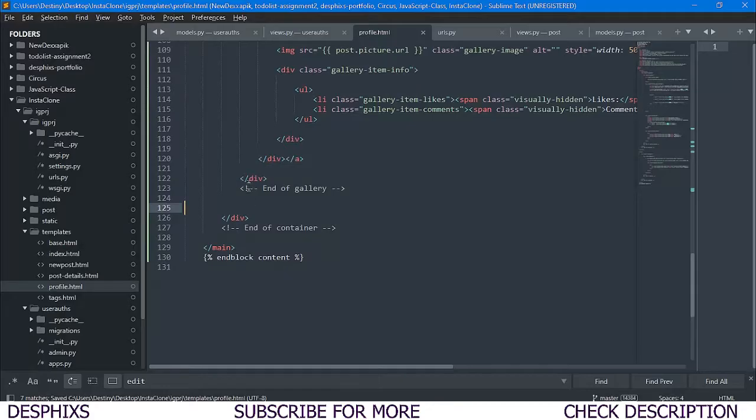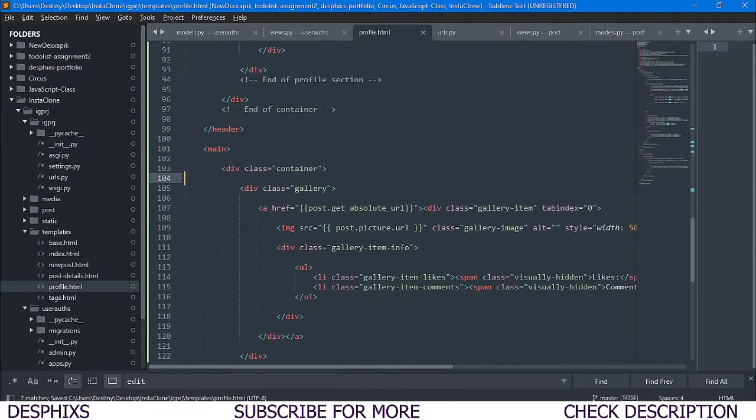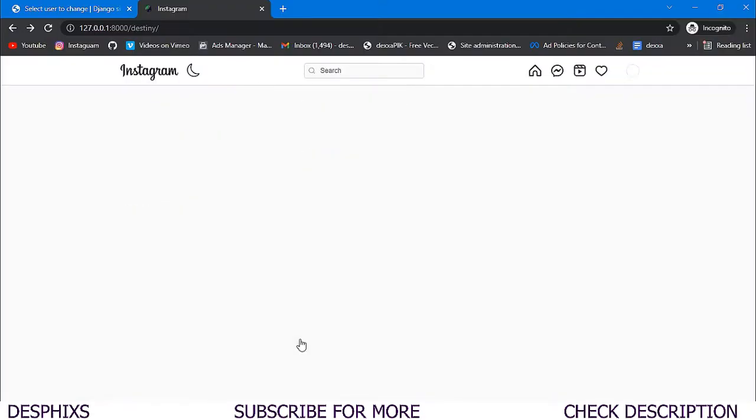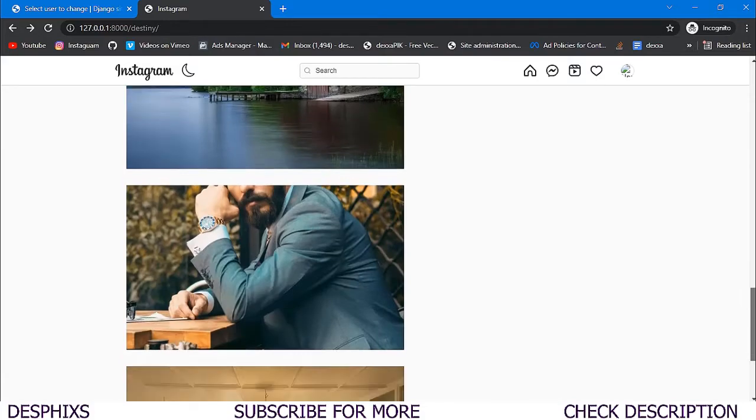Don't think I need that. So we need to run a for loop over here. So we're gonna say for post in posts, like that. Now over here, let's say endfor, refresh, and as you can see, we are getting all these posts,